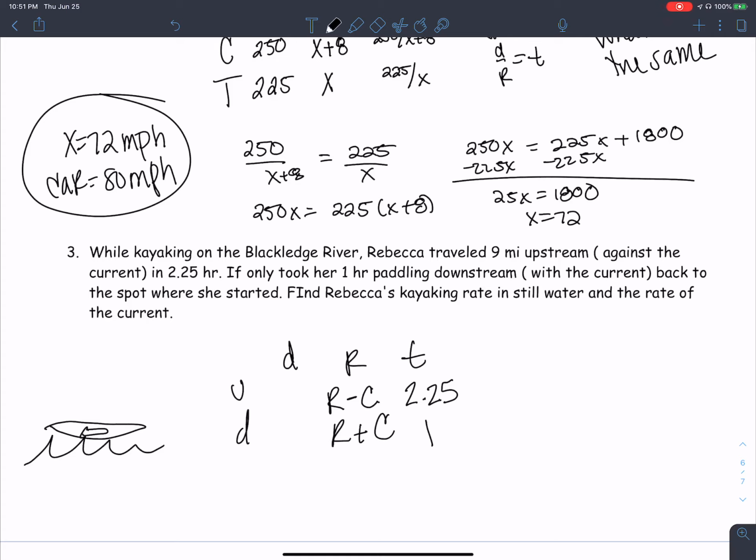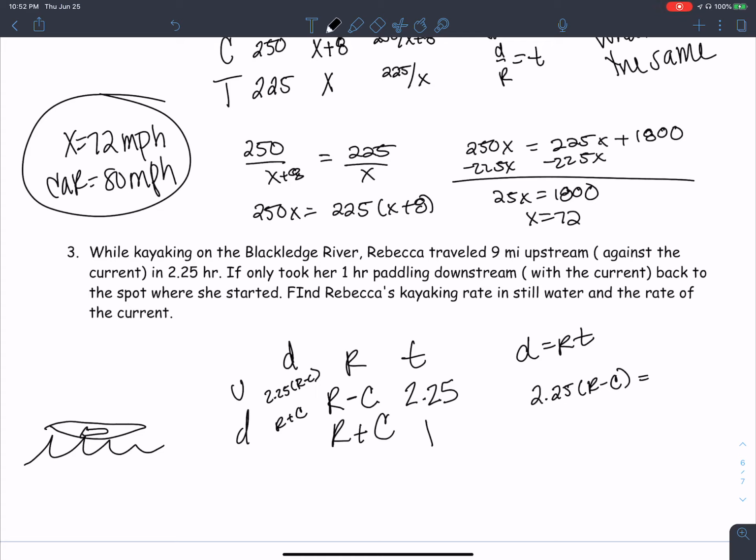And we know distance equals rate times time, right? Okay, so this is going to be 2.25 times r minus c. And this is going to be just r plus c. Okay, so we know distance equals rate times time. And we're just going to set them equal to each other. So 2.25 times r minus c equals,